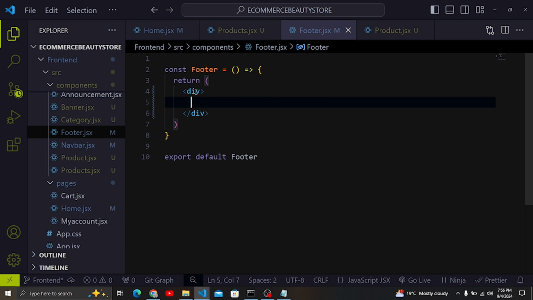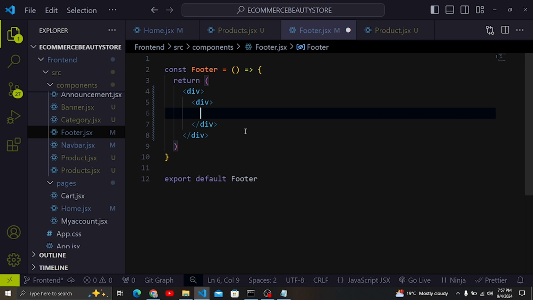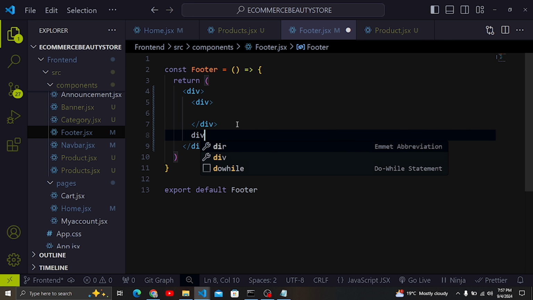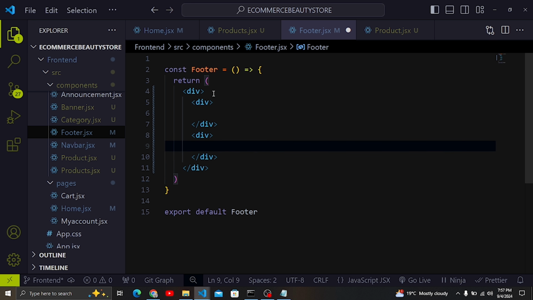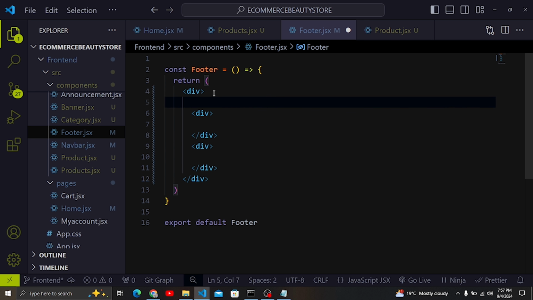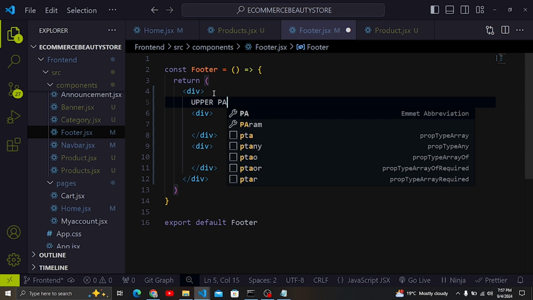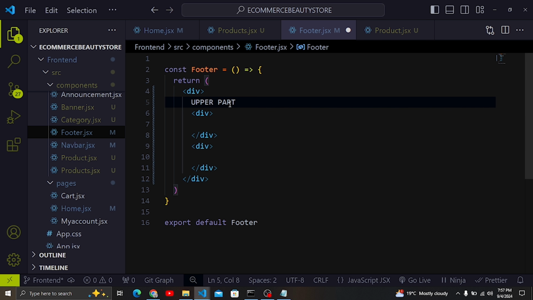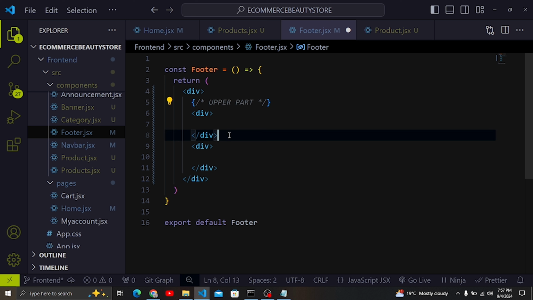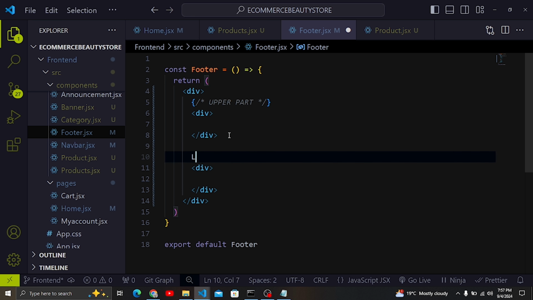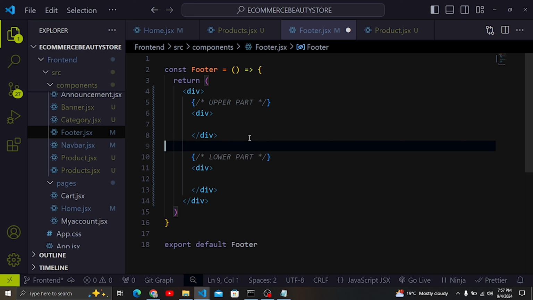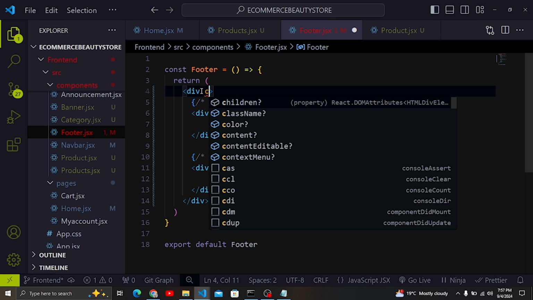So the first thing, let me create the upper part, and also down here we are going to have the lower part like that. So I'm going to comment here upper part like that. Let me make sure that I comment, and also we have this other part that is the lower part. So if I do that and make sure that I comment that,